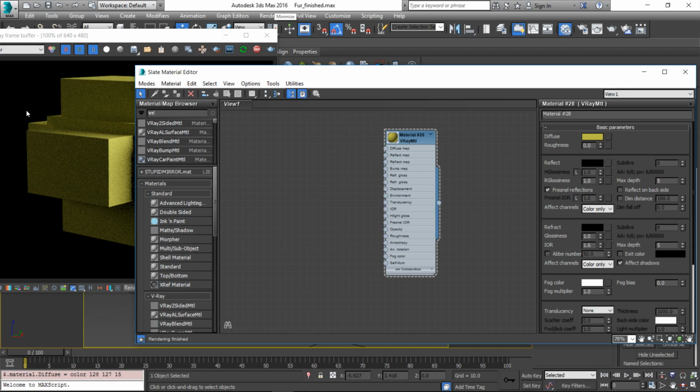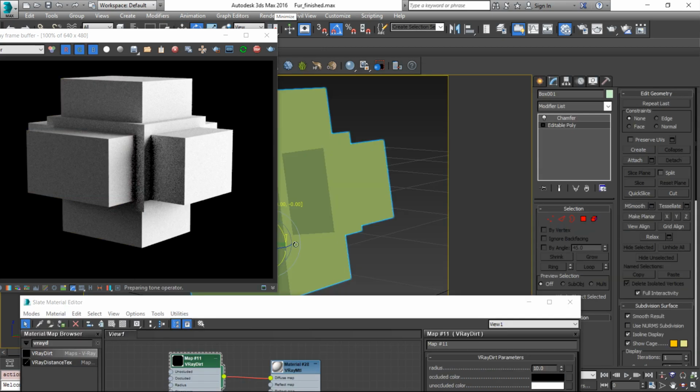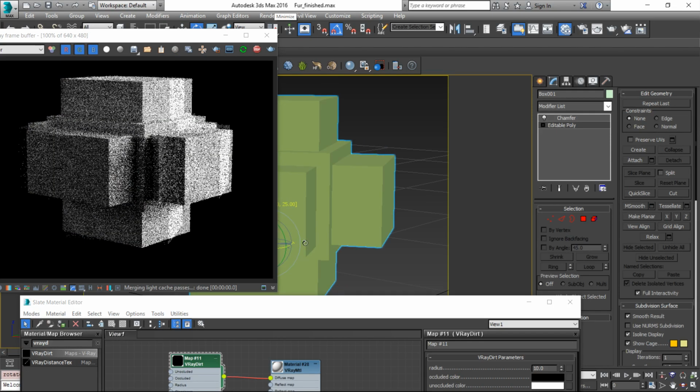Okay, as most of you know, VRayDirt functions off of putting dark values into these occluded areas. So anything where the two objects are coming in to meet is where those dark areas will start to pop up. So if I inset this and bevel it,